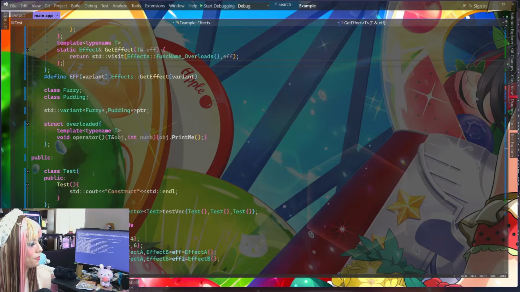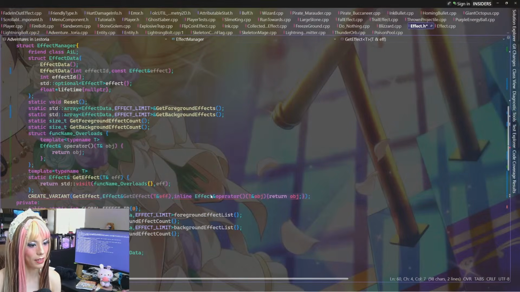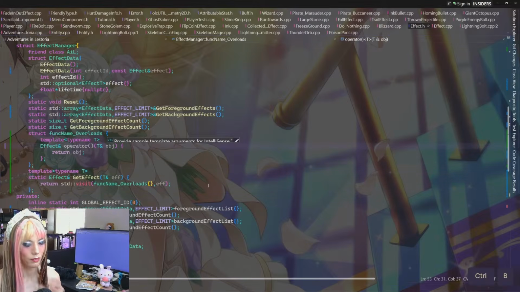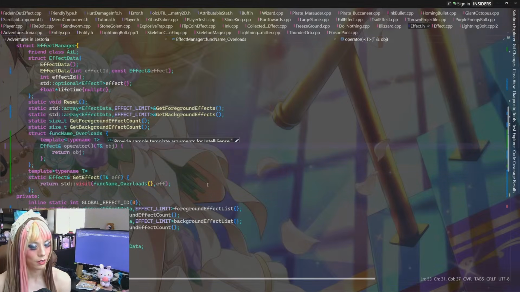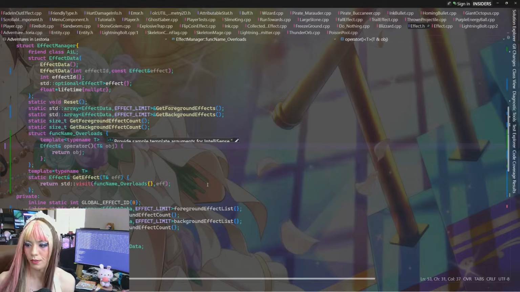It would look like this, just by itself. So that is the create variant. Okay, so we don't need that then, in theory. So fingers crossed this gets us somewhere.